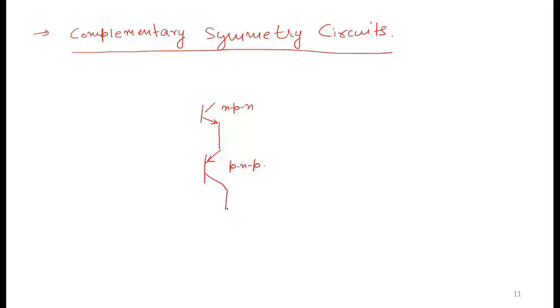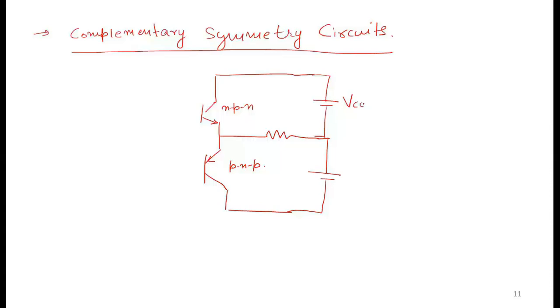The one advantage of this kind of circuit is that we do not use the phase splitting circuit. So let's discuss its operation. First draw the complete circuit diagram. So we have one DC power supply, VCC1. Here we have the VCC2. And this is the load resistor RL. And we connect these two transistors at the same point. And here we put one capacitor. This is the input signal.